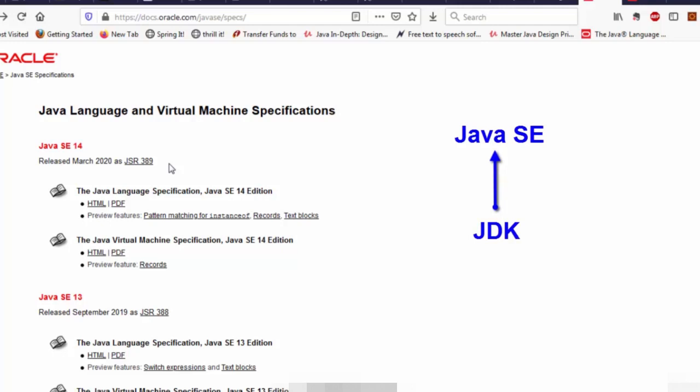Most of them are based on a common open source code which is developed by the OpenJDK project. We also know that these specifications are developed through a process called the JCP, the Java Community Process. And every Java release has this umbrella JSR, called an umbrella JSR because it includes all of the different features.